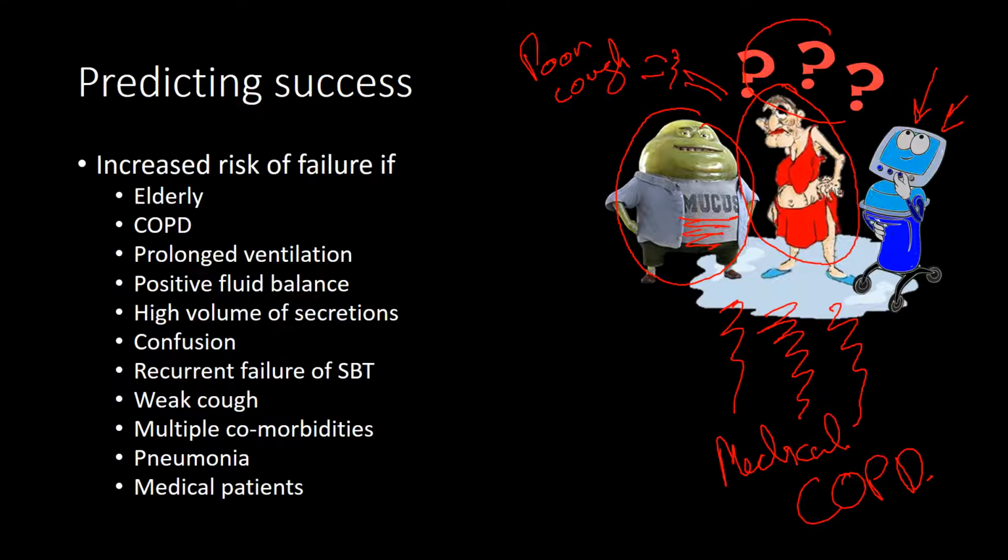And she's got, and you can't see, I'm going to put a little cigarette in her hands. So she's a heavy smoker as well. So she is not going to do well. So one of the ways we can predict whether people are actually going to do well is you can do